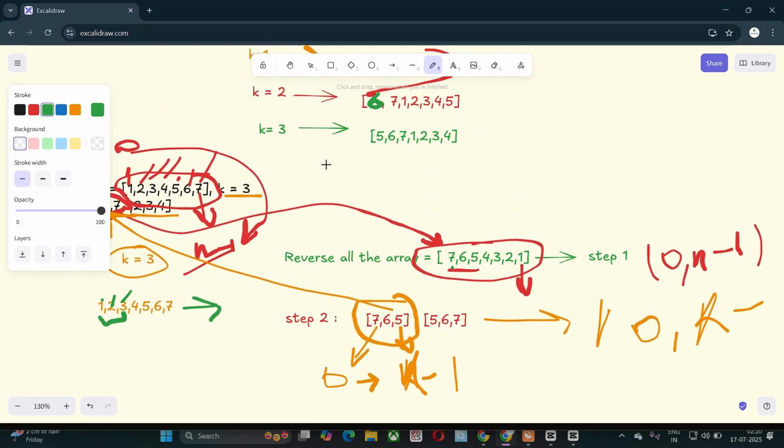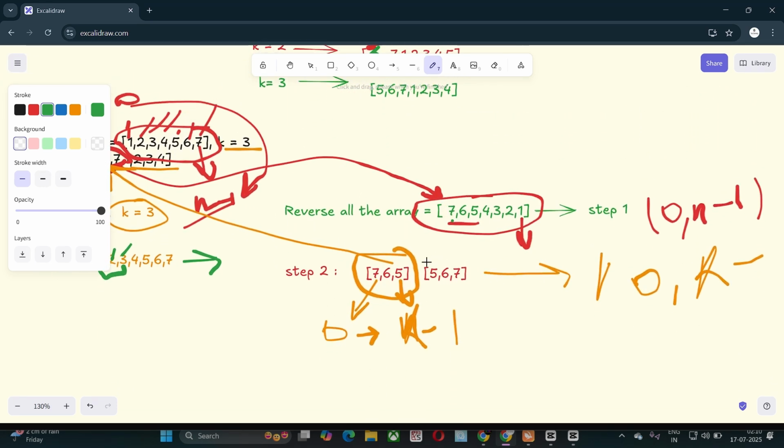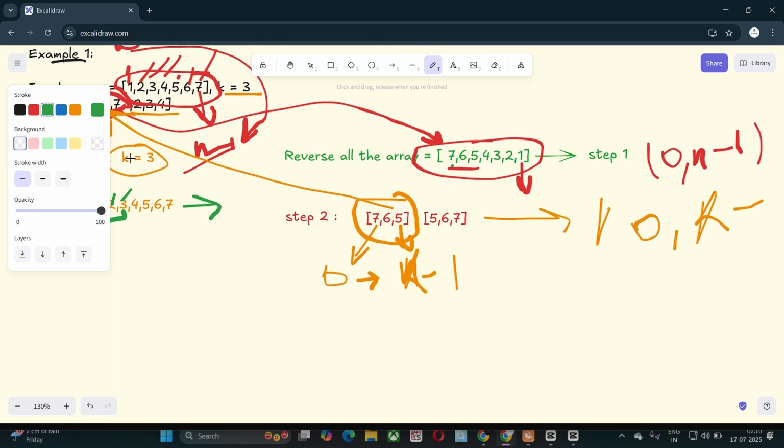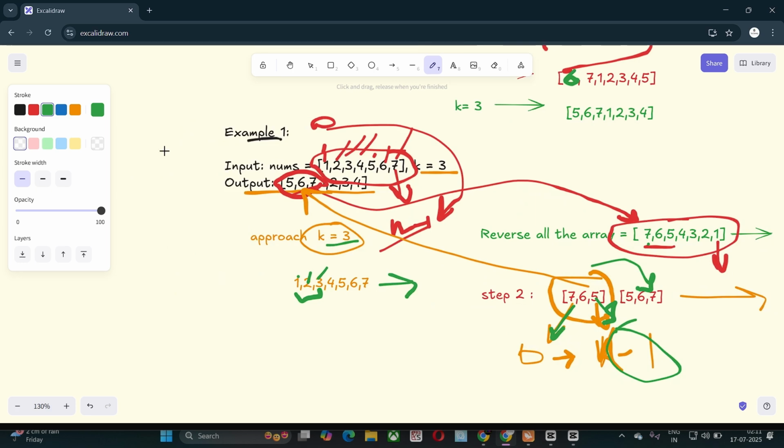If I traverse the whole array, what will I get? I'll get 1, 2, 3, 4. After all the steps we are doing, our final output looks like this.